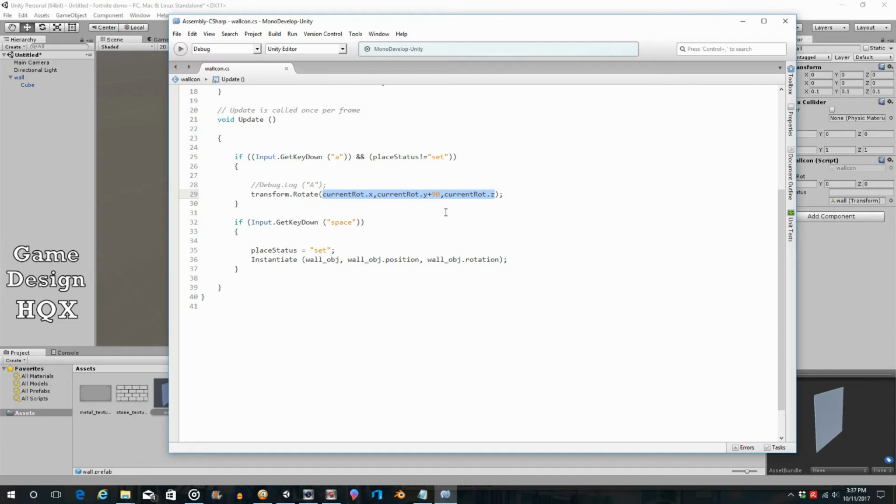So there is a command called Euler angles, and what that does is that sets to a certain angle. Rotation takes the current angle and modifies it. So at very best, this is redundant because we don't need to look at the current rotation because by default, that's what this is already doing. It's looking at the current rotation and then making a change. So really all you should have to do